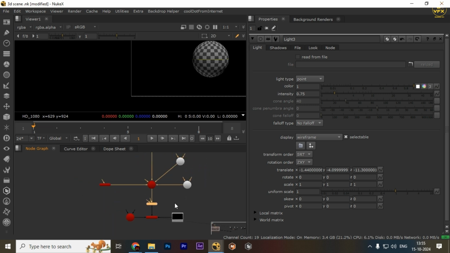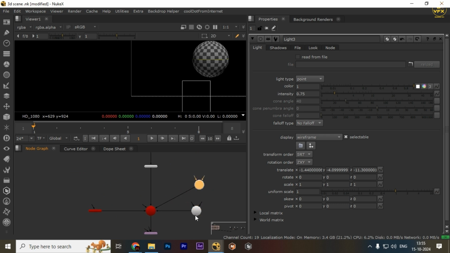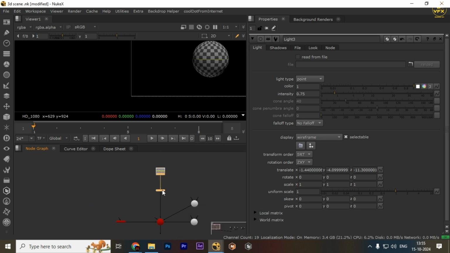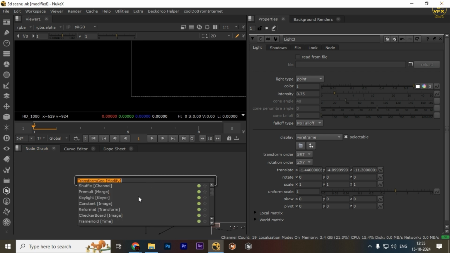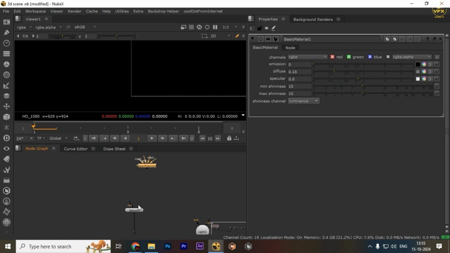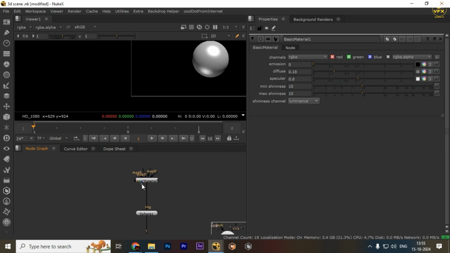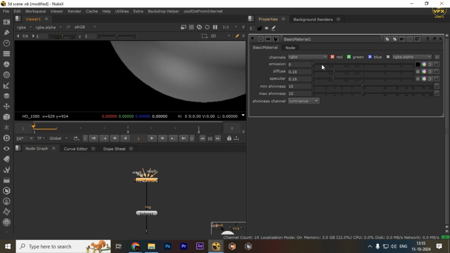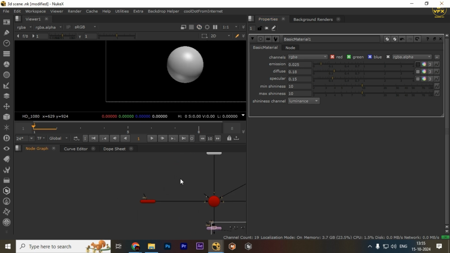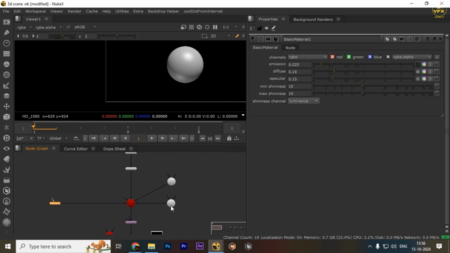So in this 3D scene, how can I do it? Basically in this 3D scene, what I have to do, I will not take a checkerboard. For example, I am going to take here a basic material, like this, and let me just put the specular down. So I have this material, right? And I have this card. So what I'll do for now,